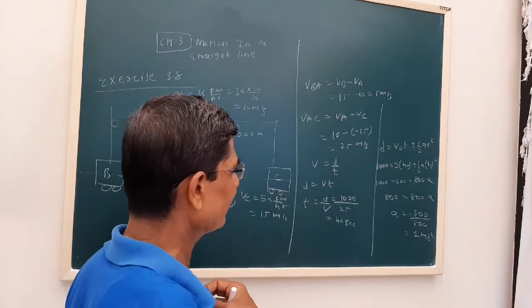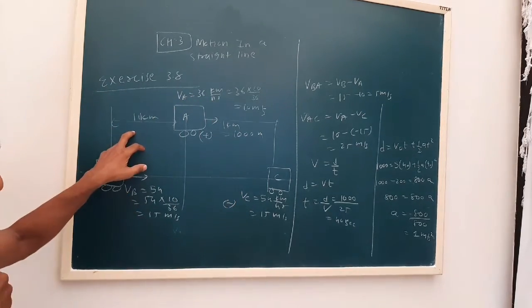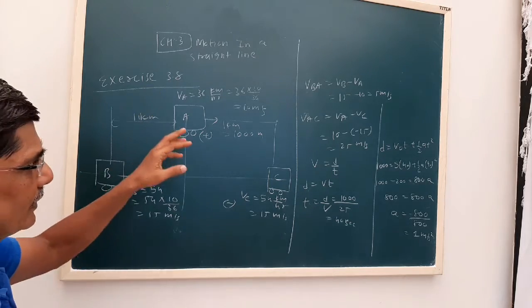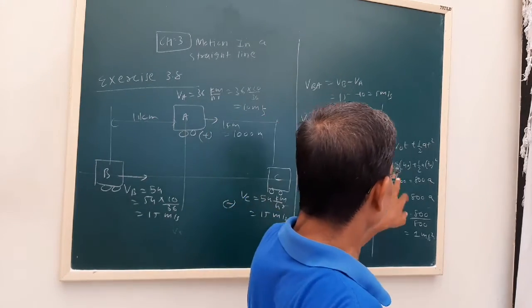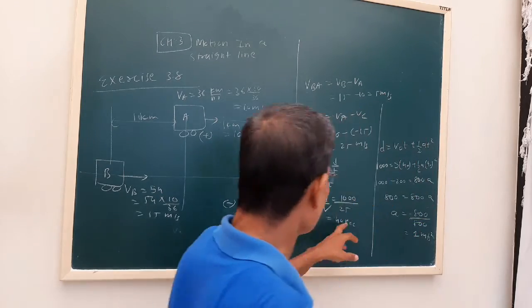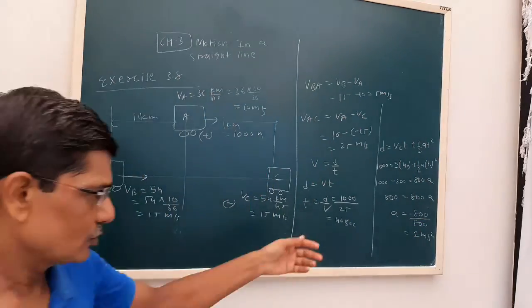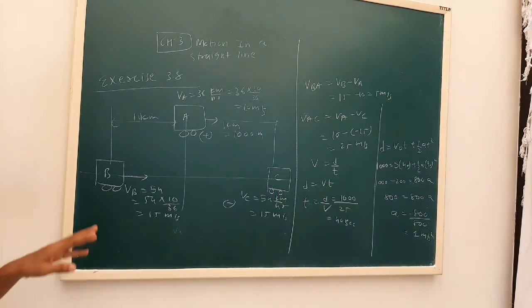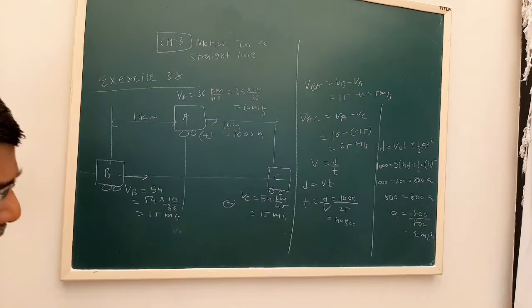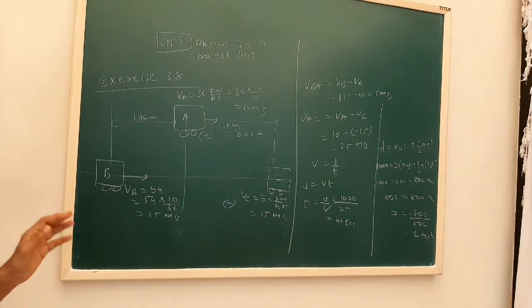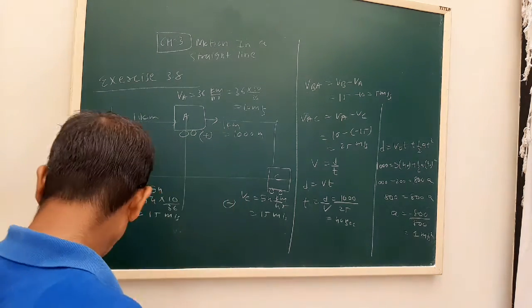Now, as the question says, we want to cross A before C. So then it should have some acceleration. That acceleration we have to find out. Now initial separation is 1000. What is the initial velocity of B with respect to A? 15 minus 10 is 5 meter per second. 40 seconds we have obtained. 1 by 2 a t square, time is again 40 seconds. So if we solve, we get 1 meter per second square as the acceleration. So B has to travel with the acceleration of 1 meter per second square so he can cross A before C. So this is exercise number 3.8.